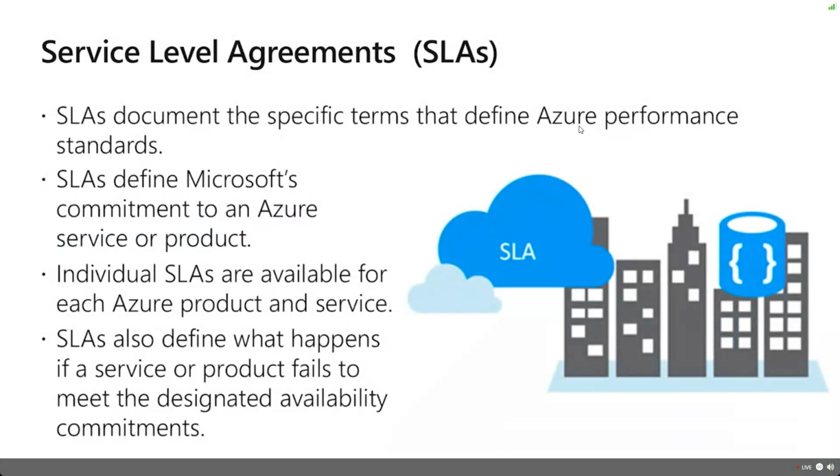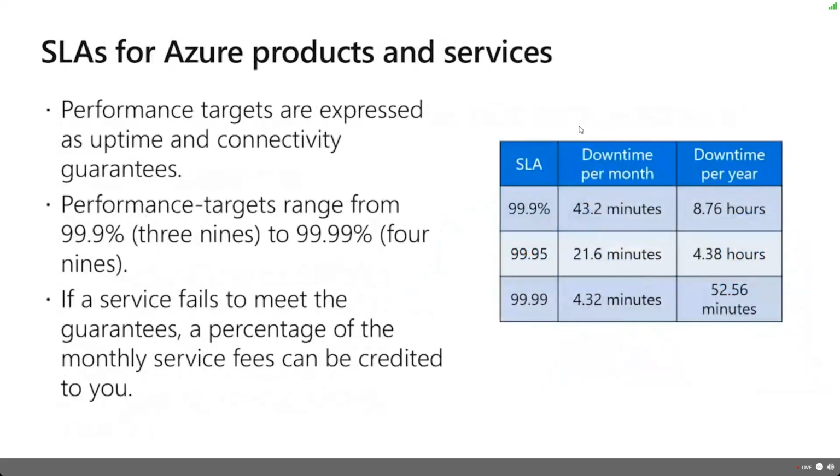And all this basically means is, you know what? We define how much guaranteed uptime you have for a product, and if we as a company don't meet that requirement, we're going to pay you back a credit. They're financially backed service level agreements, and they define how things are going to be performant for you. So when you have outages, how do we give you credits? And trust me, here at Microsoft, we hate outages just as much as you do, and we work really hard to resolve them. And how do we help meet those requirements? So first off, understand what we mean by service level agreements.